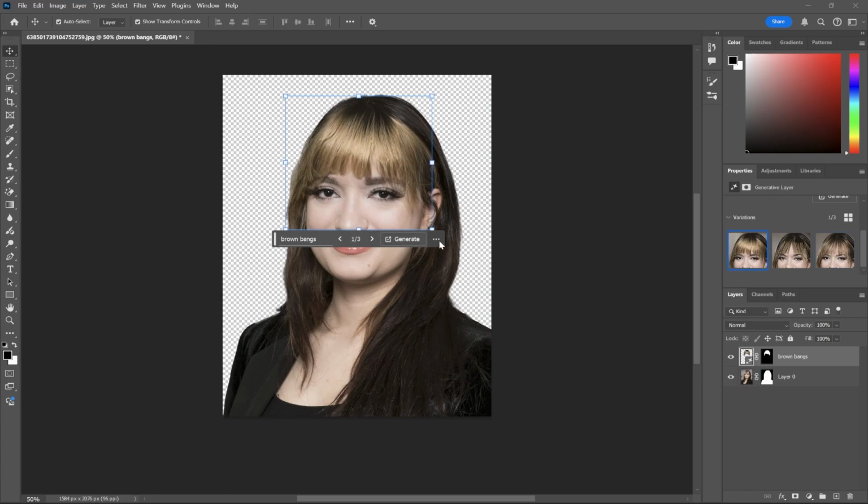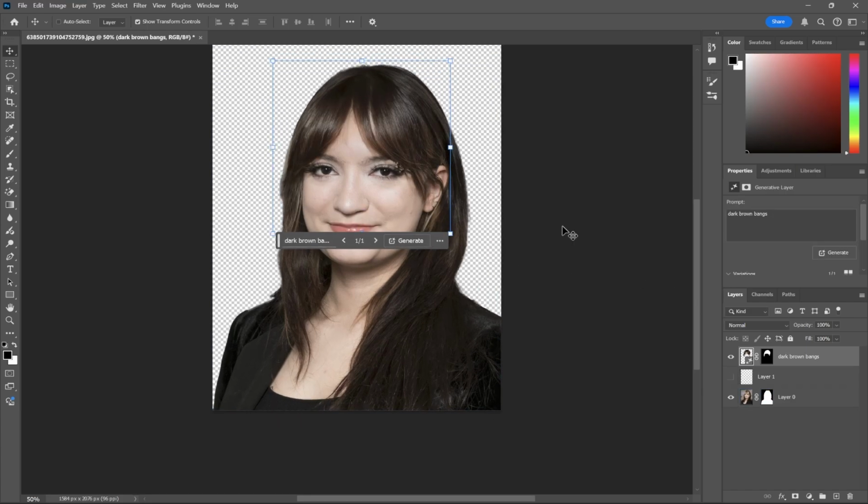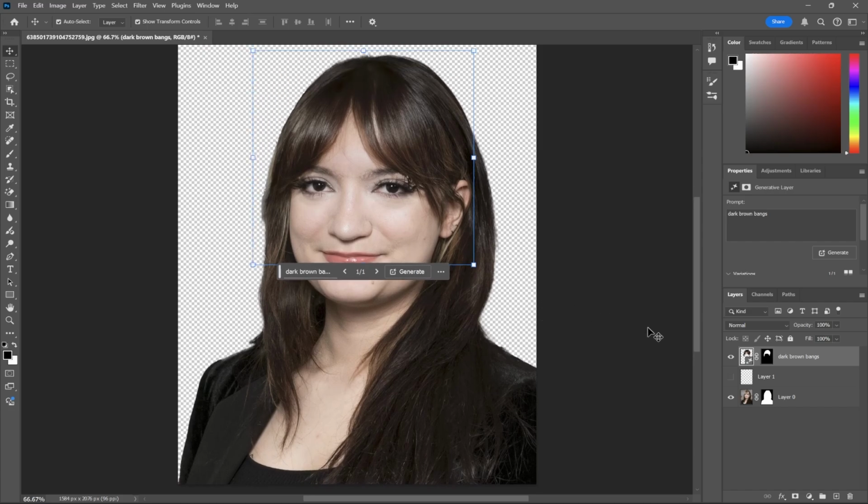Here, manually, I can make sure that I have the one I want to delete on screen. I can hit those 3 dots and just hit delete variation. Or over here on the right-hand side in the properties tab, hovering over that variation, I can just hit that trash can right there and it's gone. And so now I think this one looks the most natural, but I have one issue.